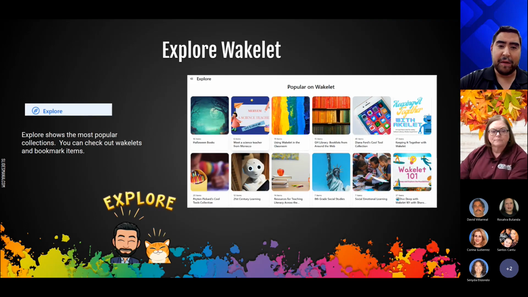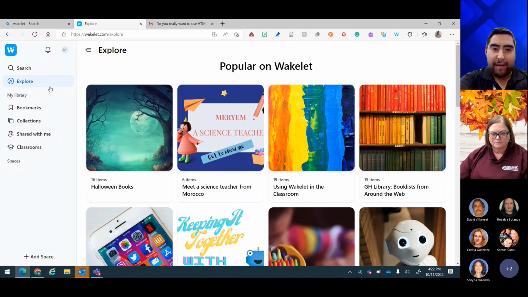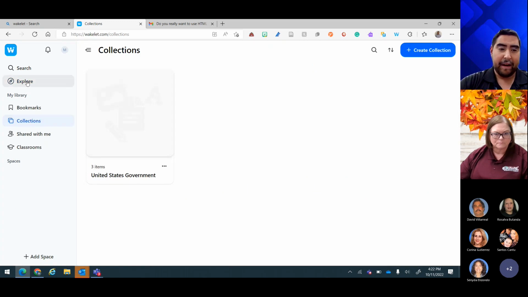Okay, so the first thing I'm going to do is talk about the Explore Wakelet area. So now let me share my screen and then we will go over what that looks like. So this is the landing page actually. When you get on Wakelet, this is the landing page. I think it actually takes you to your collections, but